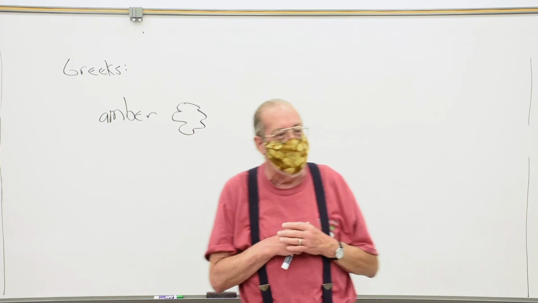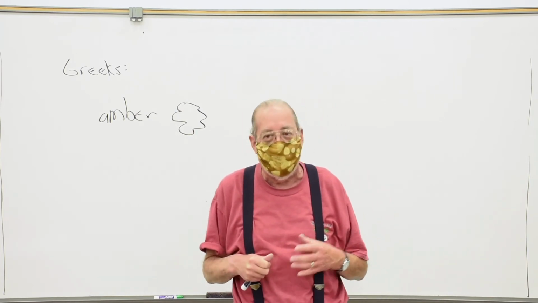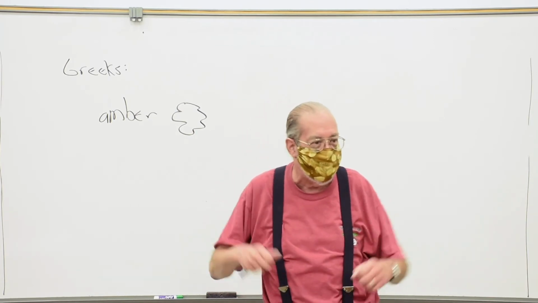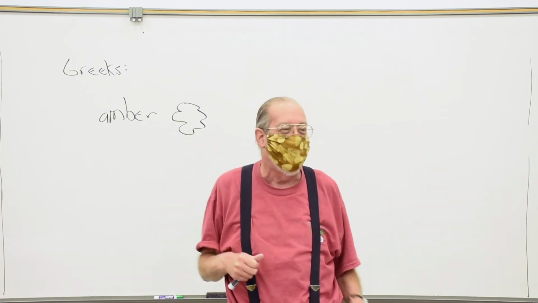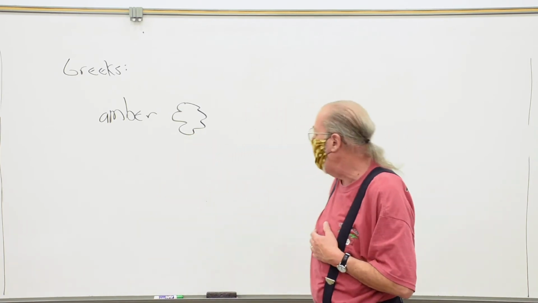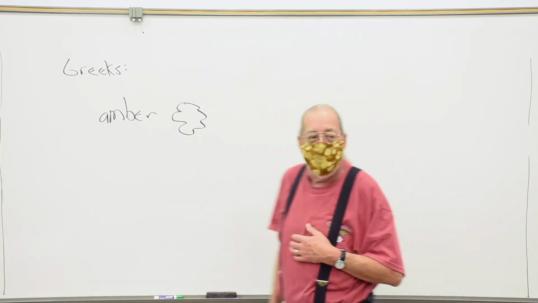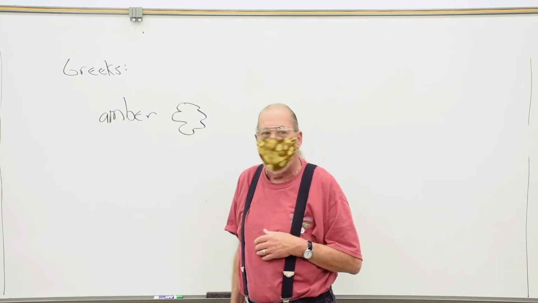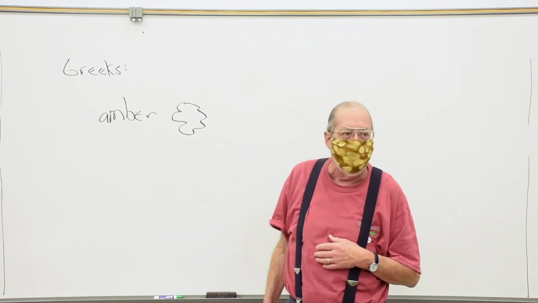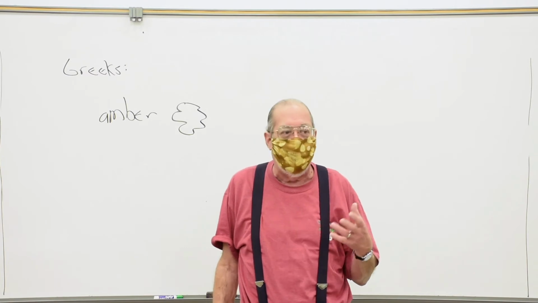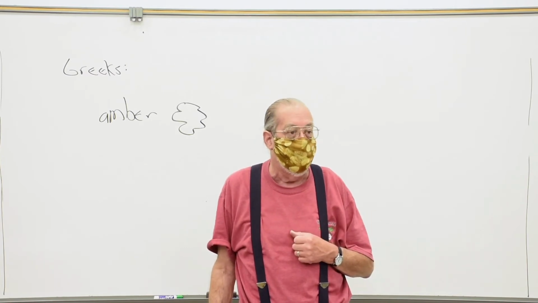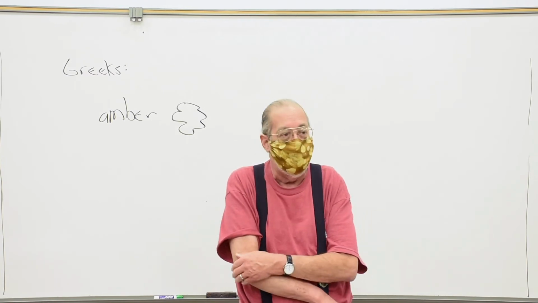Well, we really can't do that. But let's face it, it is fun to see dinosaurs go out there and gobble people up. That's what kind of makes those movies great, okay? Amber is solidified tree sap. It's considered kind of a mineral, and you may not know that they make jewelry out of it. Very fine amber makes beautiful jewelry.